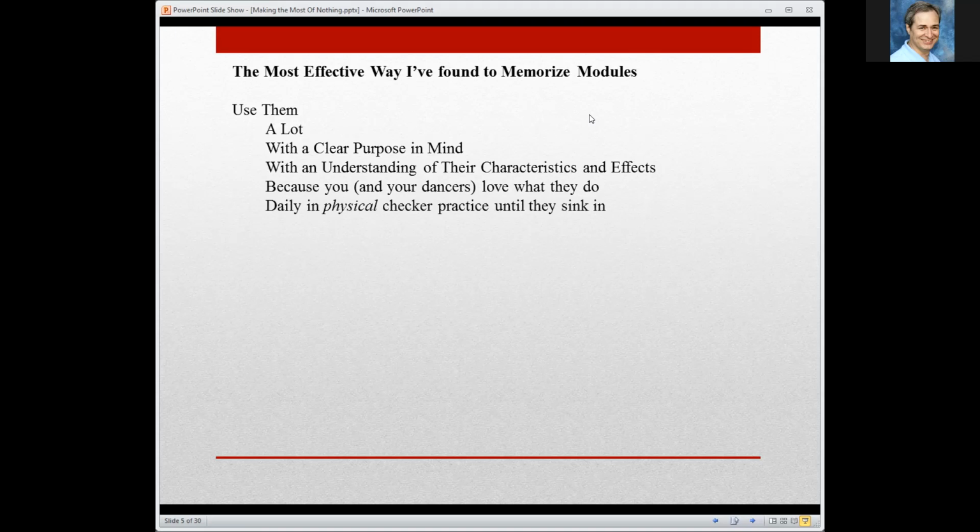Daily and physical checker practice until they sink in. If you use physical checkers on a tabletop and you're pushing them around with your fingers, that activity helps you memorize the modules. If you're looking at it on a computer, you don't get the same kinesthetic benefit, and there's not the same kind of neural pathways that get created in your brain for those things. So I really think physical checker work helps,